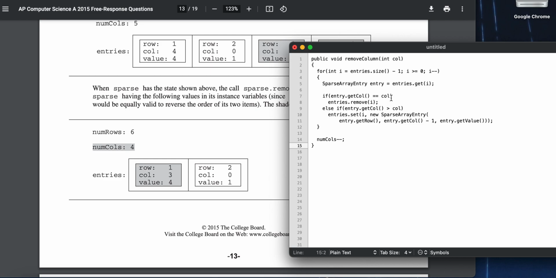Next, we check the element's column: if entry dot get column equals column, we want to remove it from the list. So I would write entries dot remove at that position i. And then else,